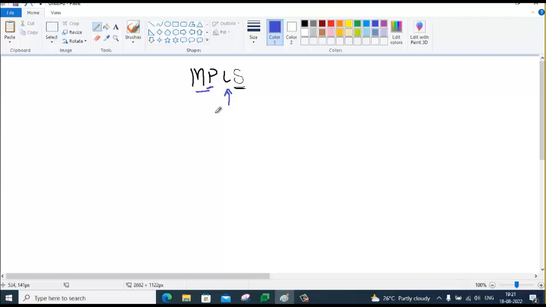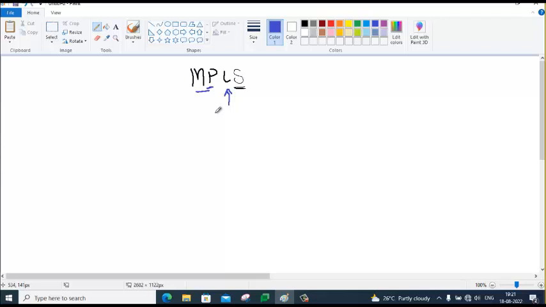Why am I saying about overlay now? MPLS is the main reason for layer 3, layer 2 VPNs. I just said VPN means overlay.